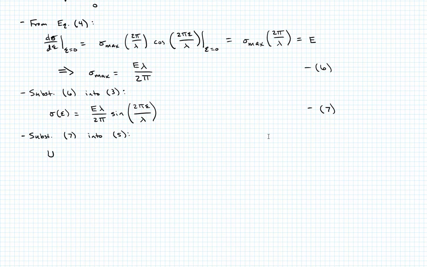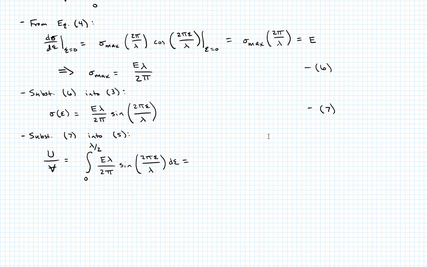And so I have then that U, strain energy per unit volume, is going to be equal to the integral from 0 to lambda over 2. Now here we substitute in equation 5, E lambda over 2 pi times the sine of 2 pi epsilon over lambda d epsilon, which when I carry out that